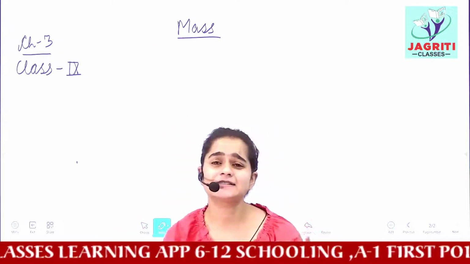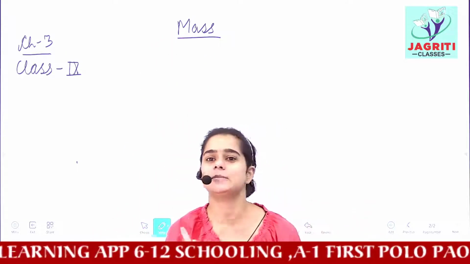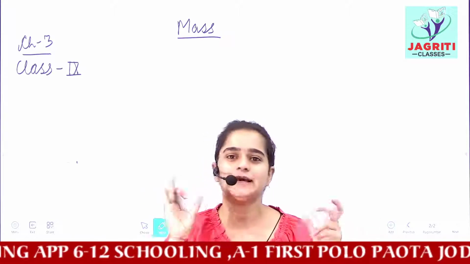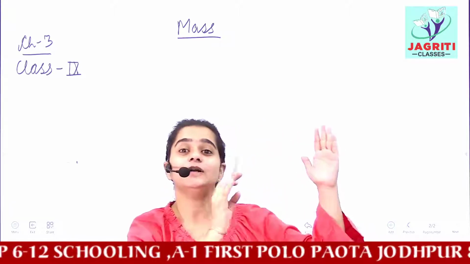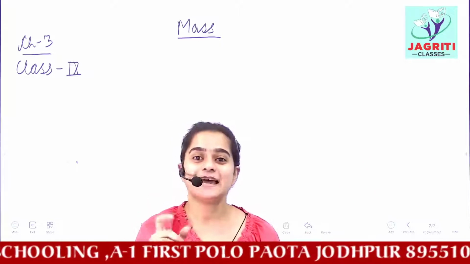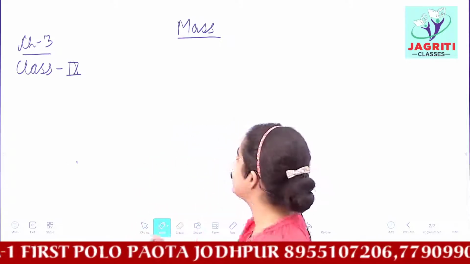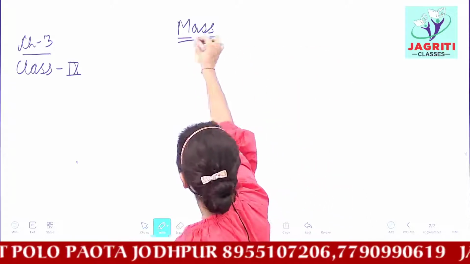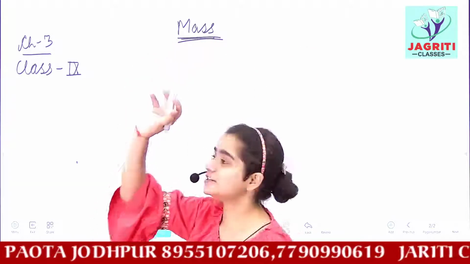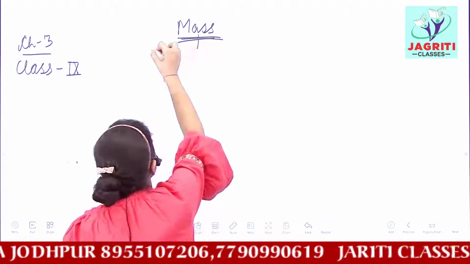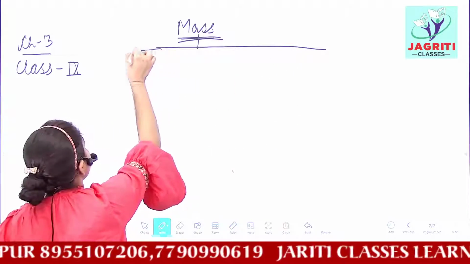You all know it is the weight of any component, okay? In chemistry we know mass and weight are one and the same thing. But when you deal with physics, then you'll understand that mass and weight are two different parameters. For the sake of chemistry, we are discussing the topic about mass. And this mass is generally of three categories. You have to study three kinds of masses.